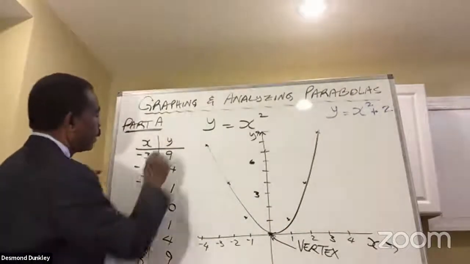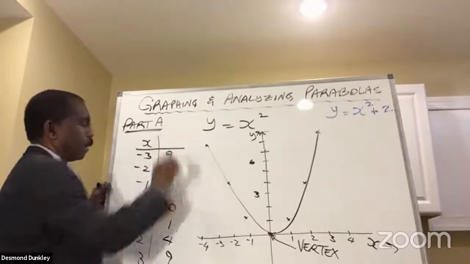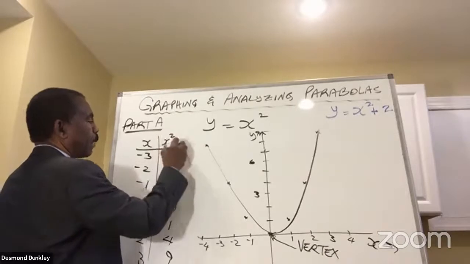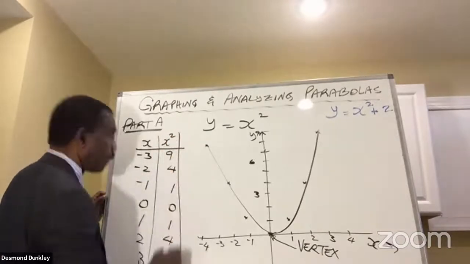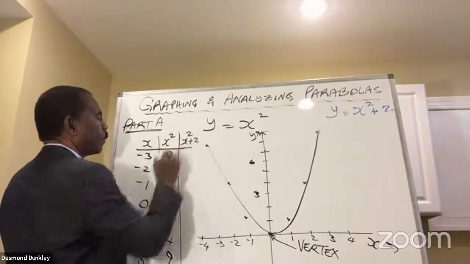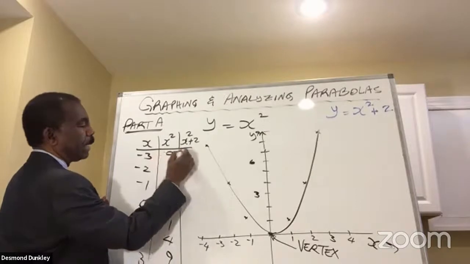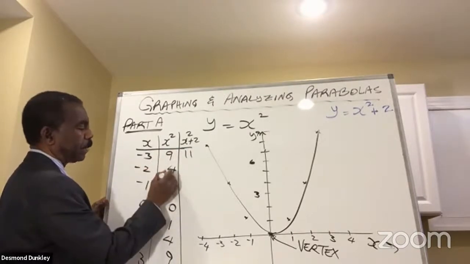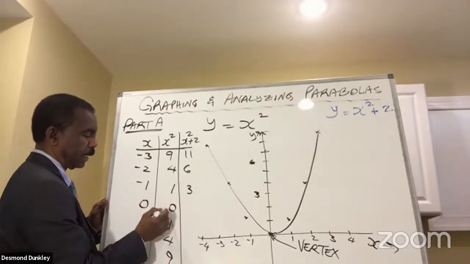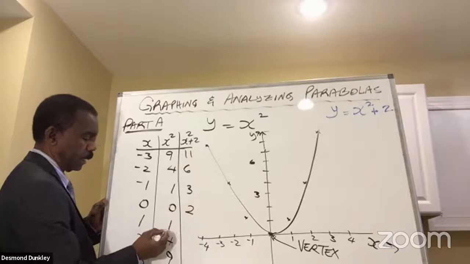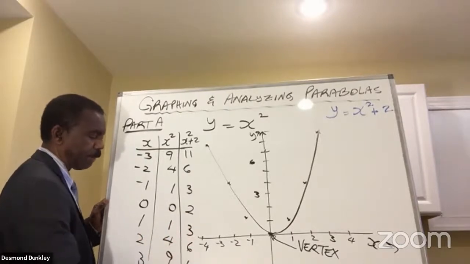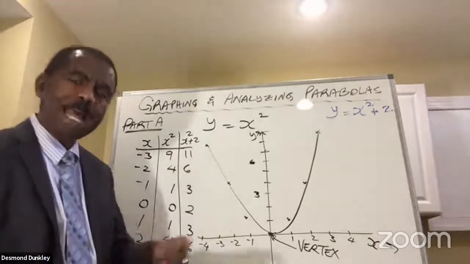Well, let's go back. According to this chart we have here, the first set of values is when we have just x squared. What happens if we use x squared plus 2? Then this would not be 9, this would be 11. This would not be 4, this would be 6. This would not be 1, this would be 3. This would not be 0, this would be 2. This would not be 1, this would be 3. This would be 6. This would be 11. So all the y values